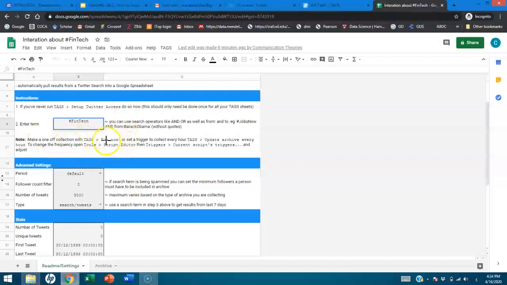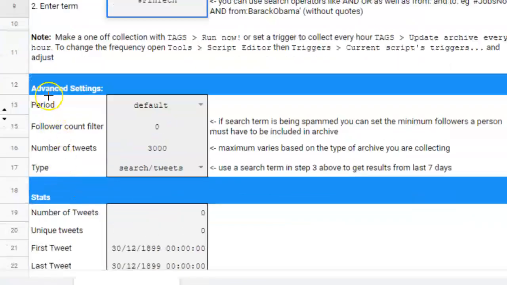Read this one. Now it tells you you can make one of the collection tags, run now. It gives you a guideline. But now the very, very important thing I need to explain here, you can see here there is a default. What does default mean? Now with this default,